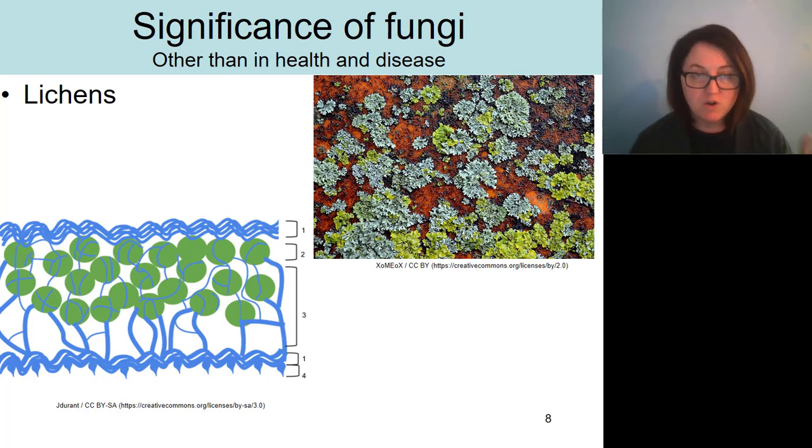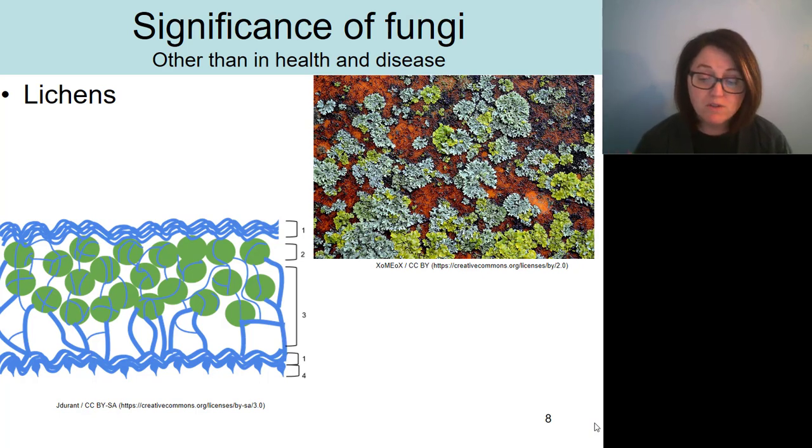In most lichens, each partner is providing something that the other could not obtain on its own. In this lichen relationship, the photosynthetic organism, which would be the algae or the cyanobacterium, is producing carbon compounds like glucose that the fungus can use. The fungus, in turn, is basically providing a home for the algae or cyanobacterium, so it's kind of protecting it. But additionally, the fungus is producing some nutrients that the algae or cyanobacterium need. So there's that nice mutualistic relationship between the two.